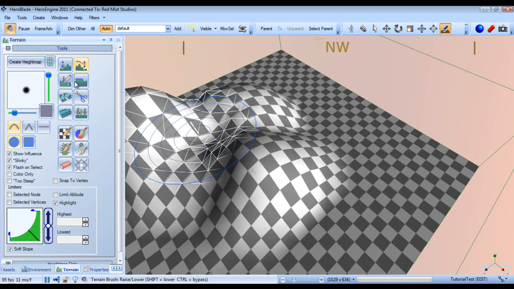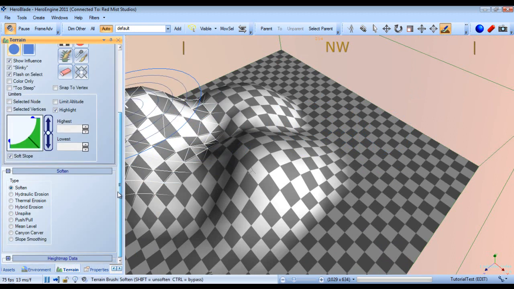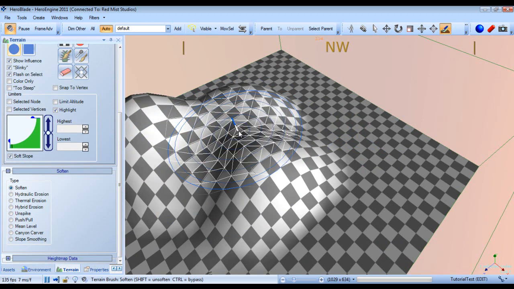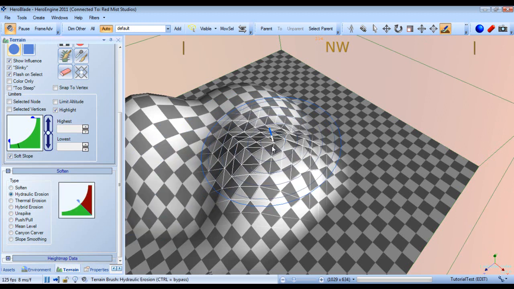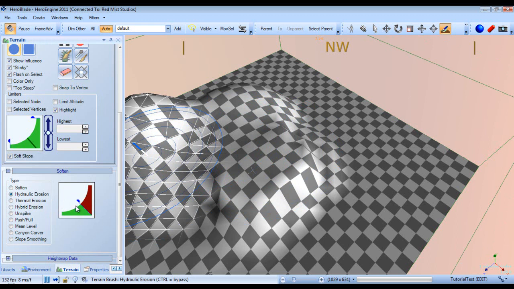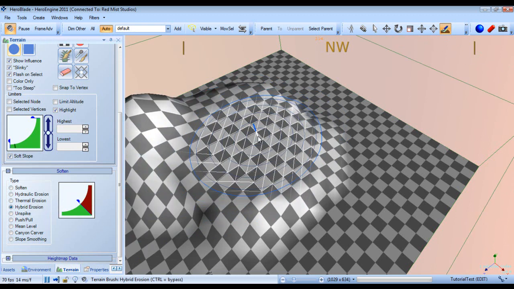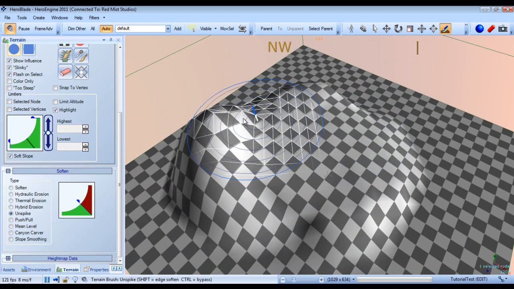Alright, so the next option is soften, and it opens up quite a few things, and you can play around with these to get a feel for which one works best for you. The default one is soften or smooth, if you've used a variety of other terrain editors. Then you have hydraulic erosion, which you can also adjust the area of effect, thermal erosion, habit erosion, unspike, which attempts to unspike